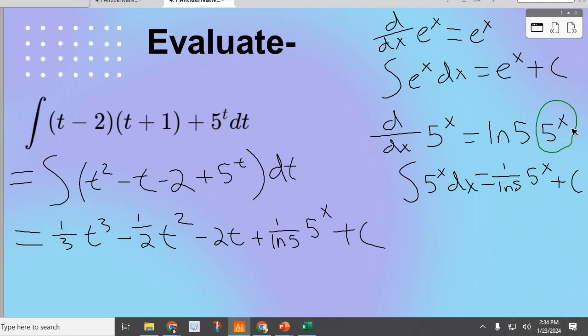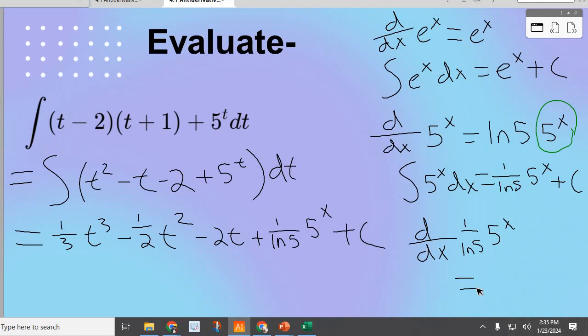I kind of get it. Okay, so let's see. Alright, so do you agree that if I take the derivative of 5 to the x, I get this? Yes? Alright. So now, all of these equations are antiderivatives. Which means that if I want to go backwards to check my work, I should be able to take the derivative of this and end up with what I started with. Do we agree? Okay, so if I take the derivative of 1 divided by the natural log of 5 times 5 to the x, okay, now,